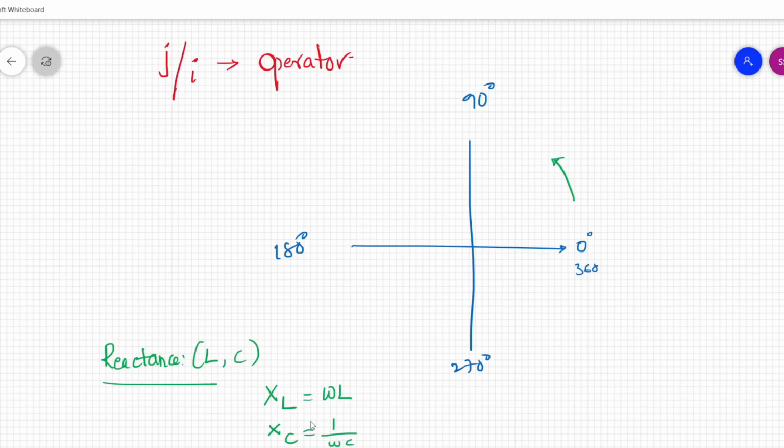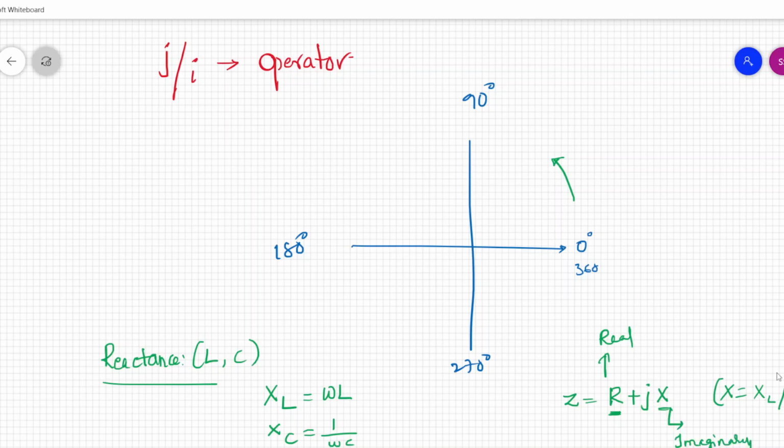So this reactance will create one phasor difference from the real magnitude. Actually it is an imaginary value. Okay, and for impedance there will be two terms, one is resistor plus j into x. So this x can be XL or XC. Okay, so this is impedance actually. So here R, the resistance, is the real part, and this X is called the imaginary part.